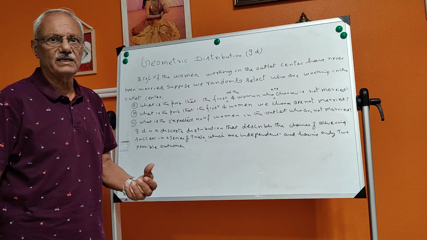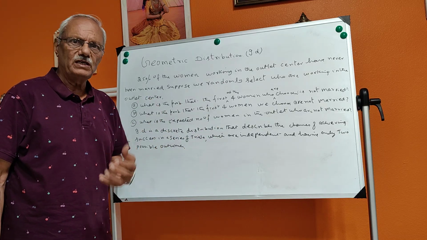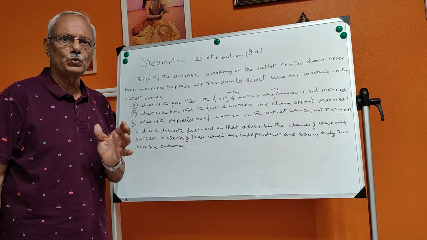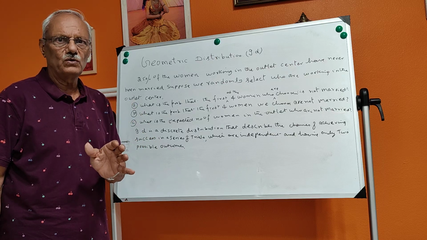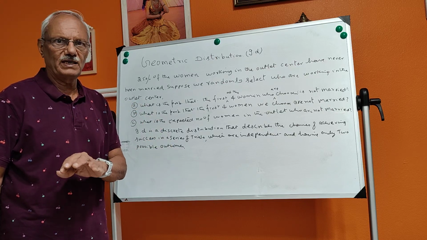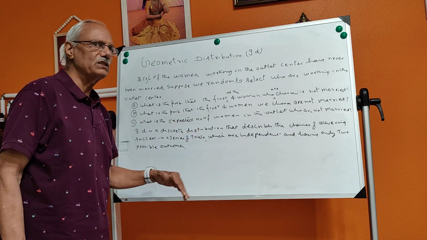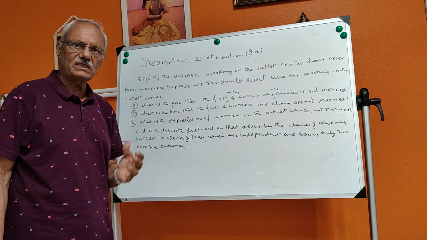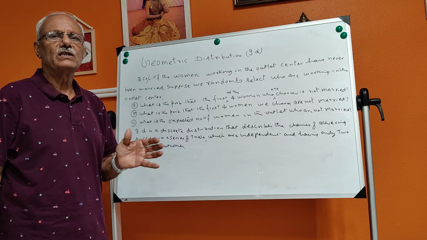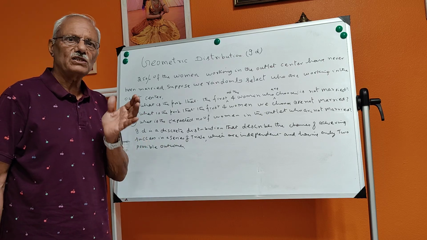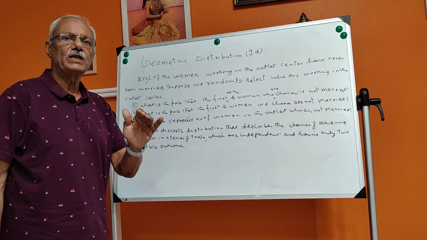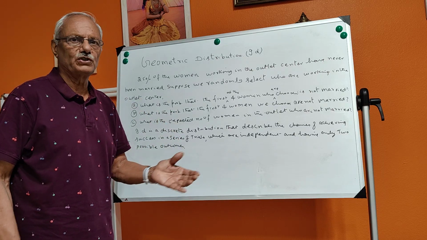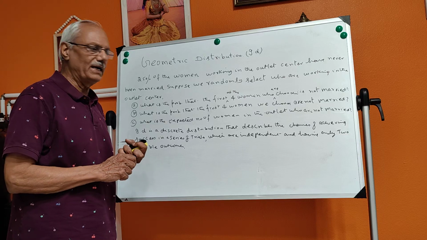Bernoulli's trial means that the trials are independent and the outcomes of the trials are only two. They are either success or failure, defective or non-defective, like that. So under these conditions, we are trying to find the probability of the first success in a series of trials. Such a random variable is said to follow a geometric distribution, and is given by